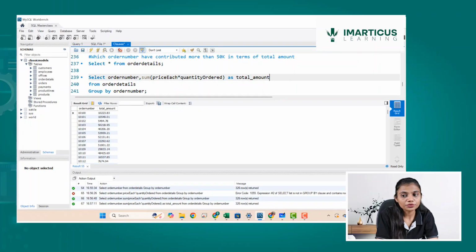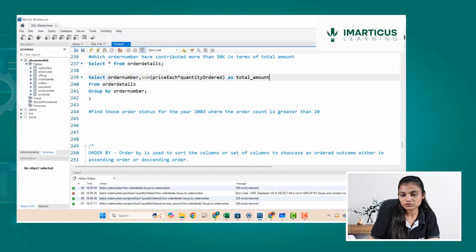Now what I want to do is, I have gathered total amount spent on each order number. I want to find out which order number is having greater than 50k. So this result which I generated with the help of group by needs to be filtered out. In order to filter it out, I will use total amount, that is an aggregated column created just now, to filter, and I will not use where clause, as you know that where clause would not filter group data. So I will be using something called as having clause.